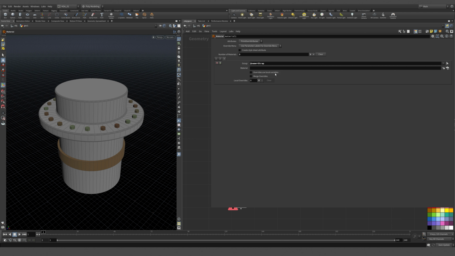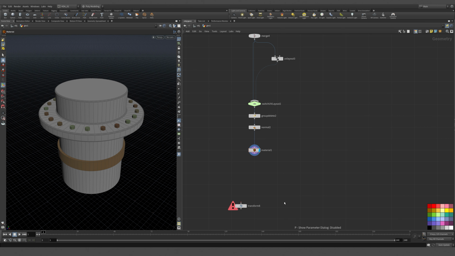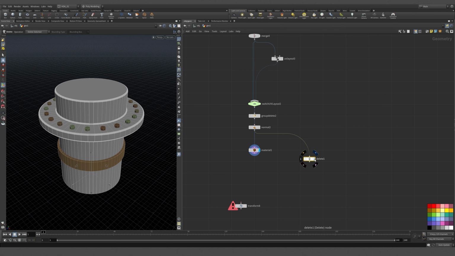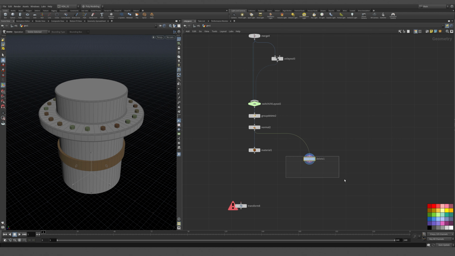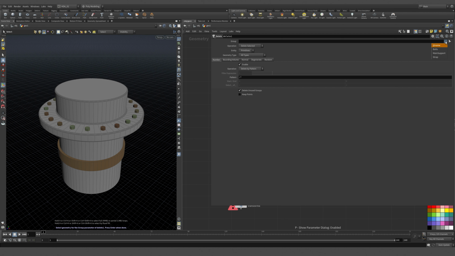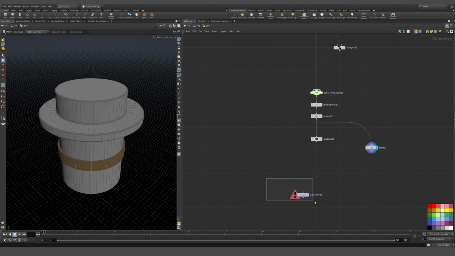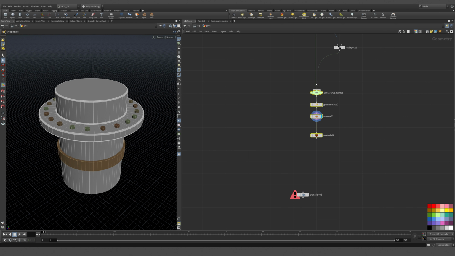Now, obviously, I'm not making any materials for it yet, but you can see that we can assign and delete, the same thing we can do with groups. So here, I could append a delete, and I could delete out the bolts, and they'd be gone. So we can use this attribute name a lot like we can do with groups, but then the question is,